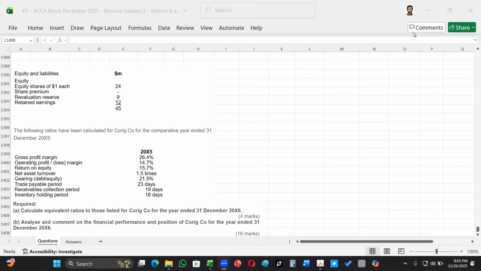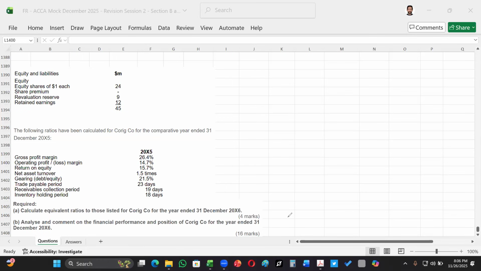And this is the interpretation question. It's a 20 marker, and the ACCA people have given specific tips for the interpretation question. The top tip to get good marks in this question is to write specific answers. Usually, students would just calculate the ratios and give general reasons, okay? So if you give a general response, you're not going to score many marks.